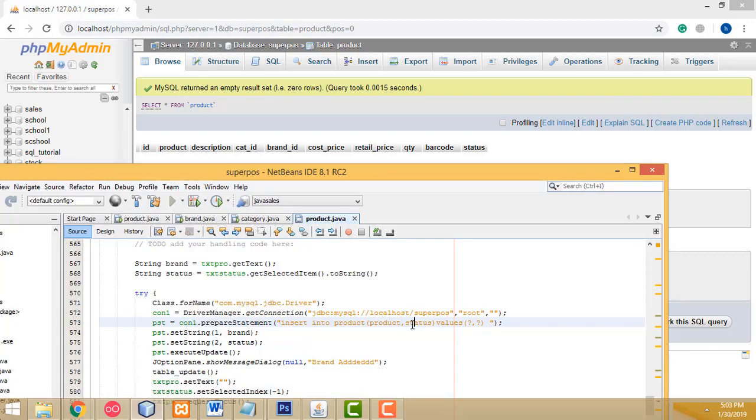After that you have to write description, comma, category ID, comma, brand ID, comma, cost,